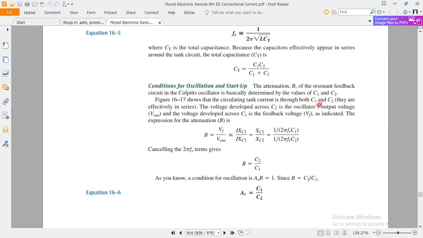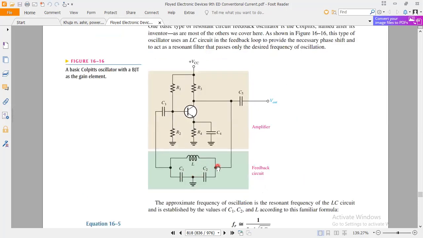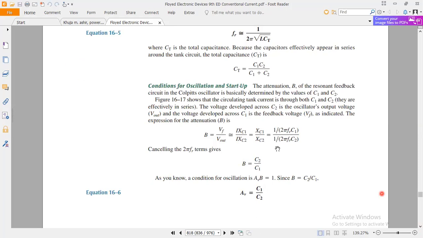Through both C1 and C2 they are effectively in series, as you can see in this configuration. The voltage developed across C2 is the oscillator's output voltage, which we call Vout, and the voltage developed across C1 is the feedback voltage Vf,